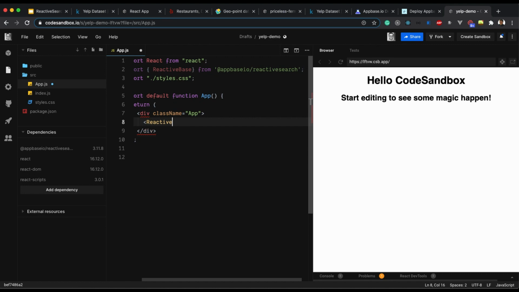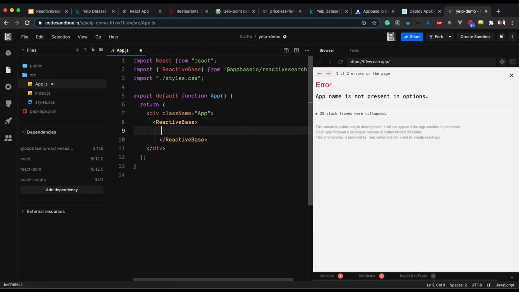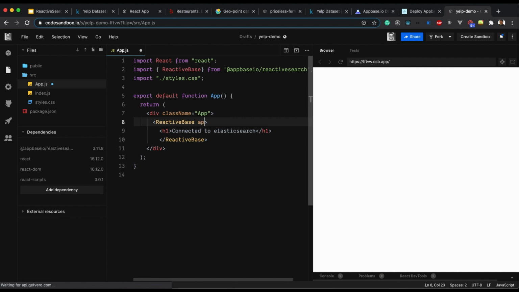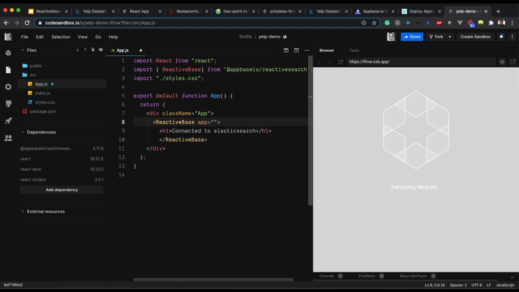So ReactiveBase, I'll just print connected to Elasticsearch. As you can see, it needs an app. So our app is nothing but the name of the index that we created. So Yelp,